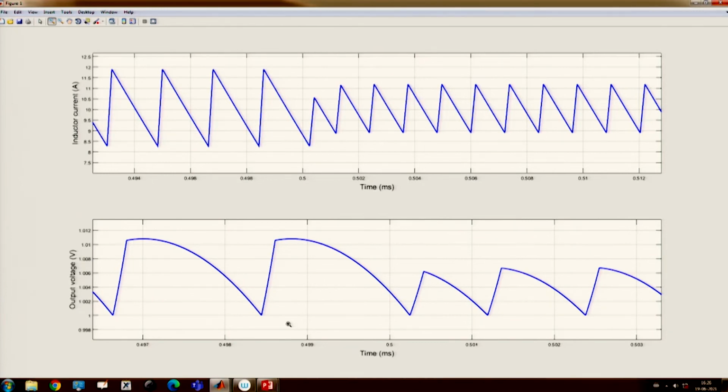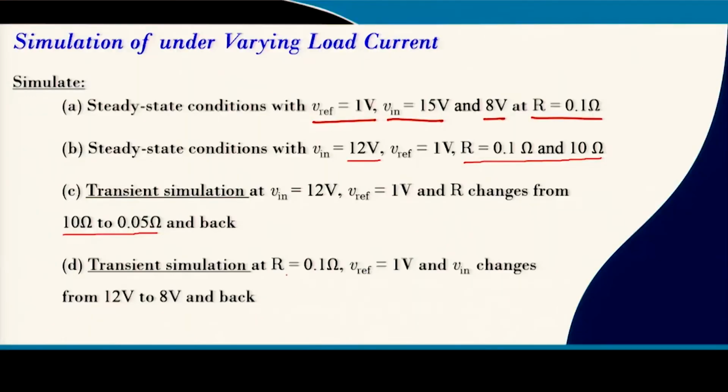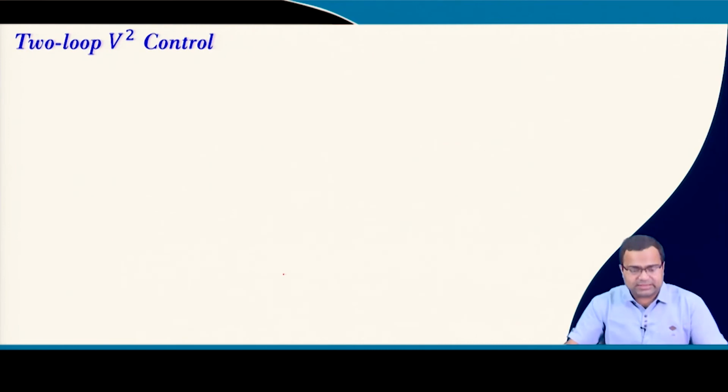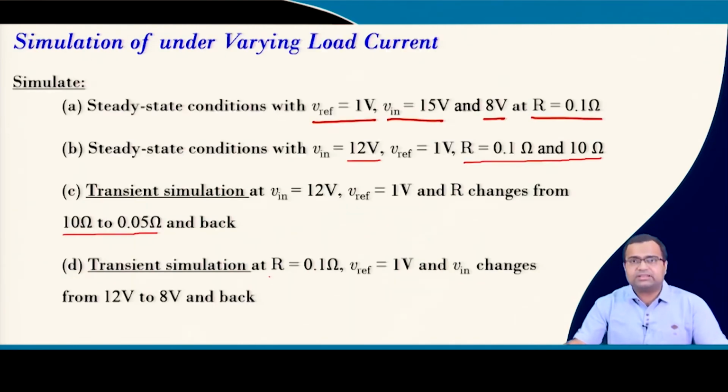If we keep the on time constant, the voltage ripple can get significantly affected when there is a change in input voltage. But in case of a change in load resistance, it was not a problem. In continuous conduction mode, it will closely maintain the switching frequency, but that is not the case for input voltage variation. Okay, so let us go on. We have discussed the steady state condition and the transient condition for this constant on